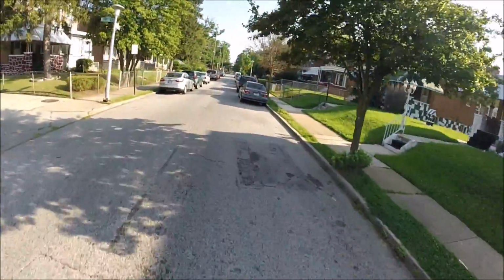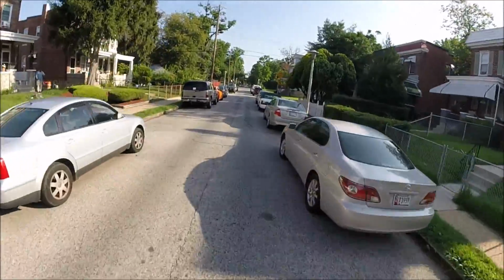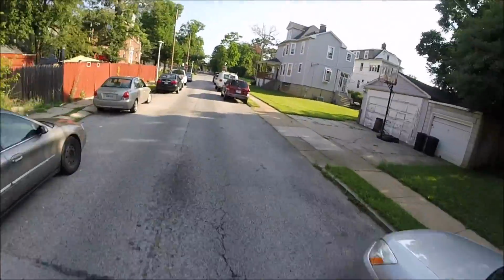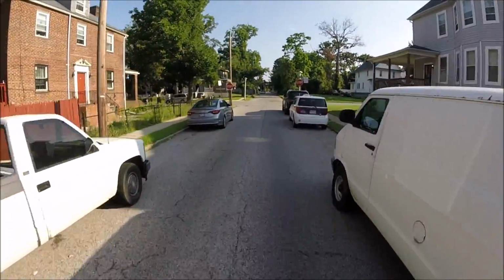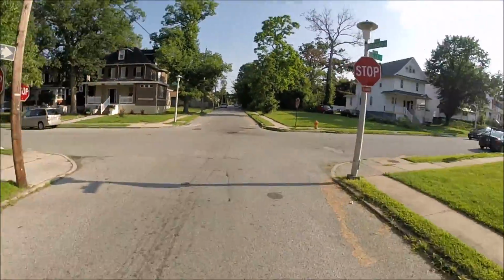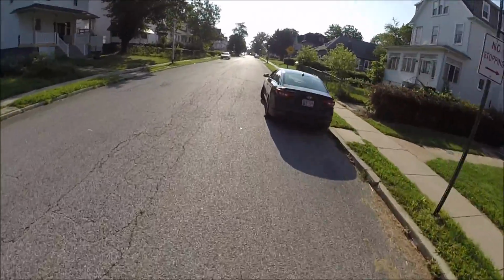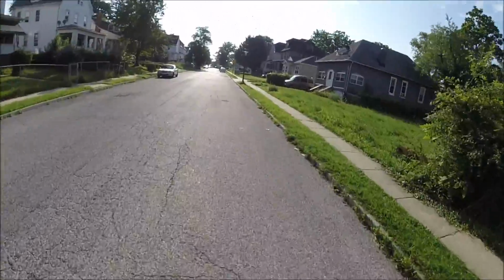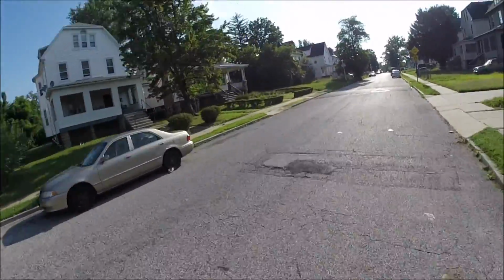Which takes me through some neighboring neighborhoods. As a 10 through 13-year-old, I would have seen a lot of this neighborhood, because middle school was a time